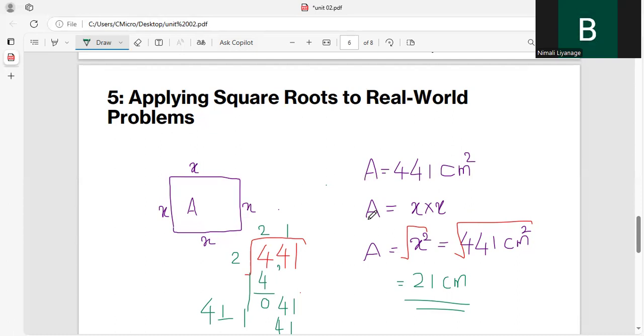Shall we move to another example? Another problem? Write this also. A courtyard is covered with